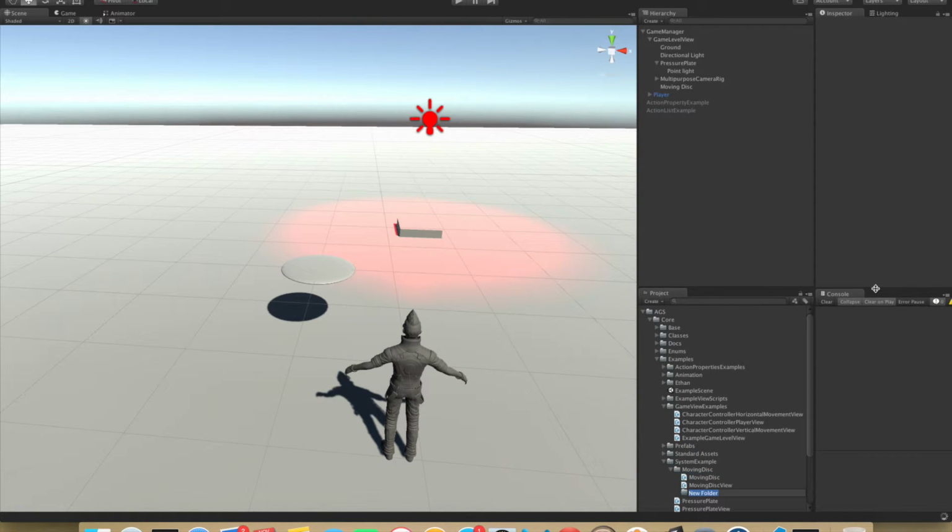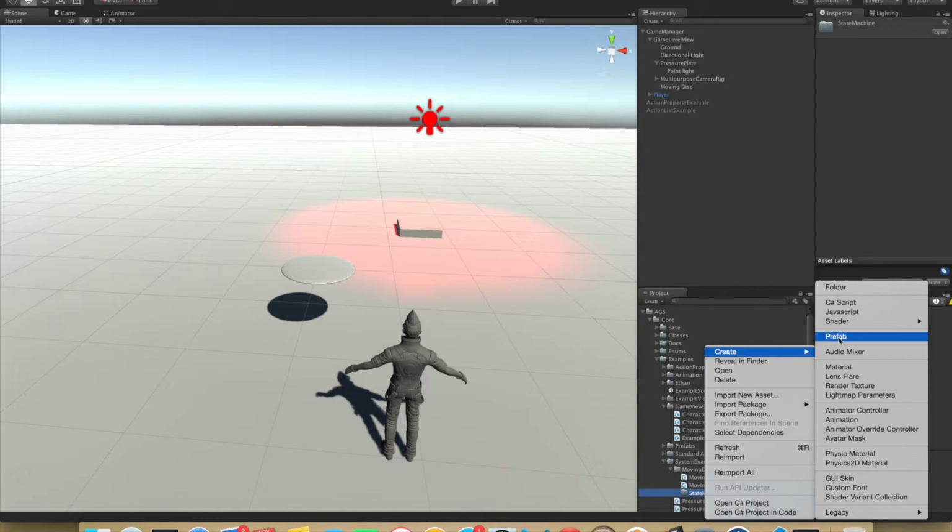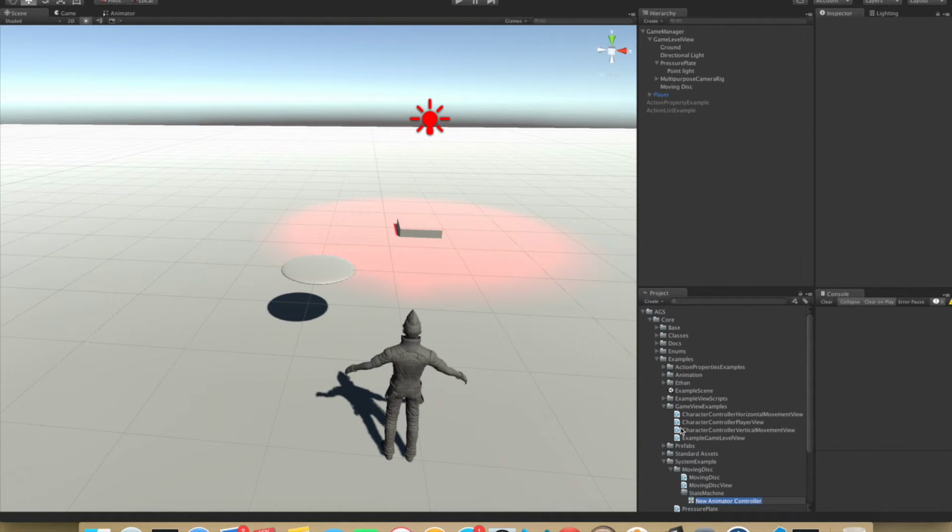Let's call it state machine, and here we create an animator controller, if I can find it there. So we call this moving disk controller,